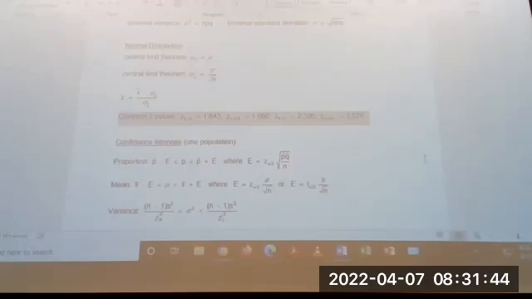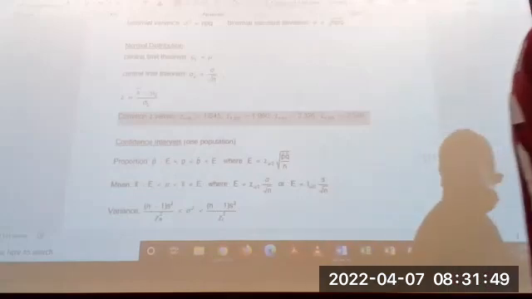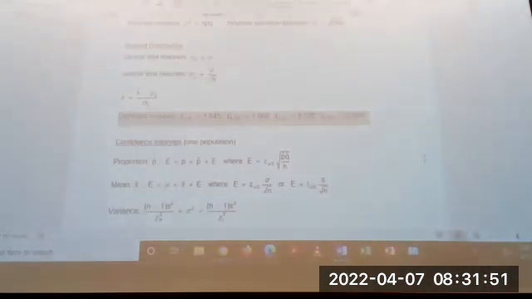Now, what if Rosalind says, I'm not happy with that. It's too big of an interval. My high to low is too far apart. I would like that to be a much smaller range. Does that mean she should have made more free throws? No, that has nothing to do with it. By the way, you chose this number. These were measured numbers. What's the only thing you have total control over? The number of trials.